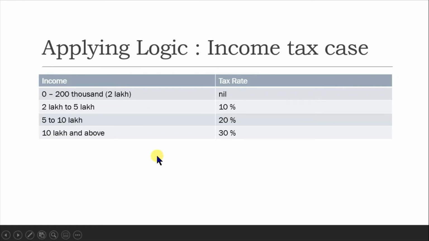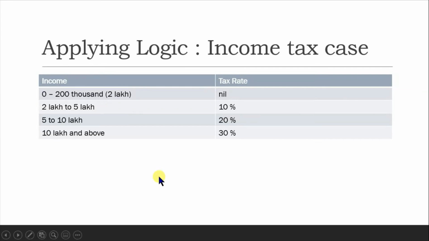So I can say if my income is less than 200,000 or 2 lakh, then tax equals 0. Else, if income is greater than 2 lakh and less than 5 lakh, then the condition is this one. So based on logic, you have to apply logic. I would like you to write a program for calculating income tax with the help of logic.